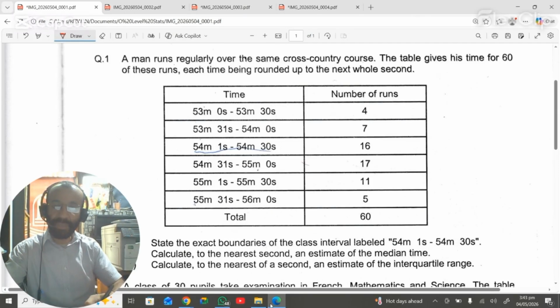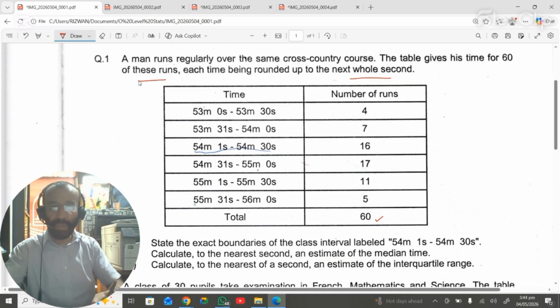Thanks, students. Today we are going to solve a question from the statistics paper 2 O levels. The statement of the question is: a man runs regularly over the same cross country course. The table gives the time for 60 of these runs. So look now, the total number of the runs is 60 and each time being rounded up to the next